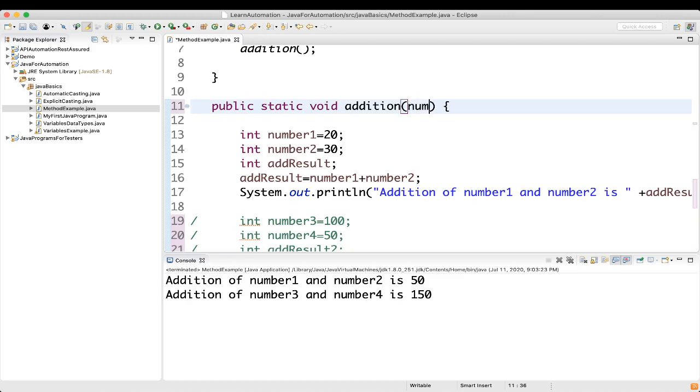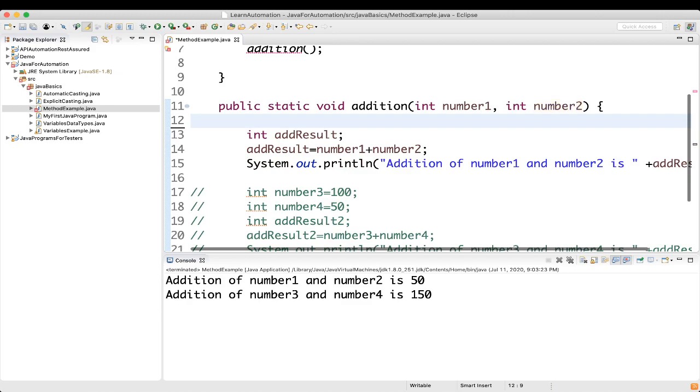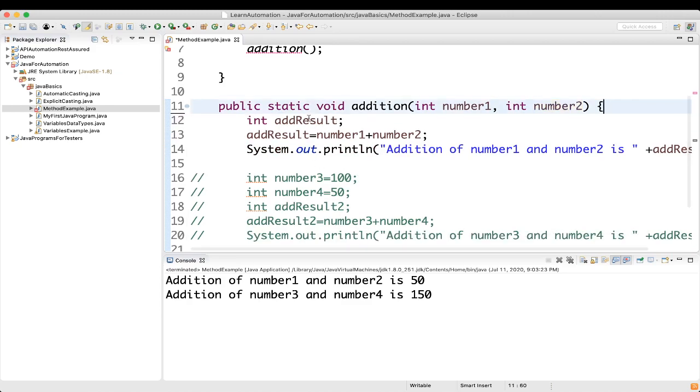Inside a method you can pass, it is an integer type, int number 1 comma int number 2. So you are adding two numbers, right? Then we don't need these things here for now. And what we are doing, int, we are taking integers, and we are just doing the addition.